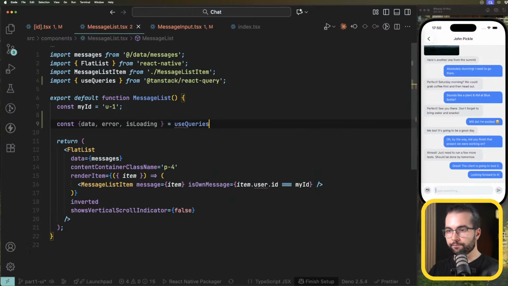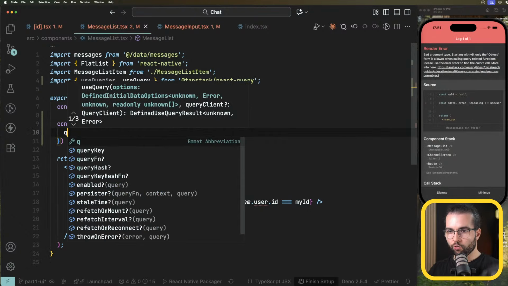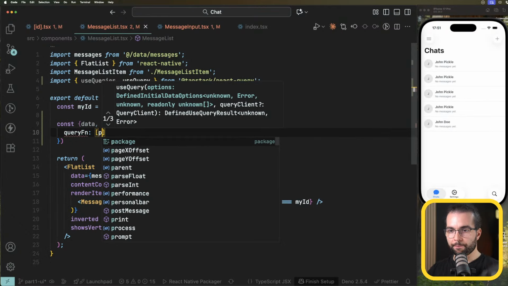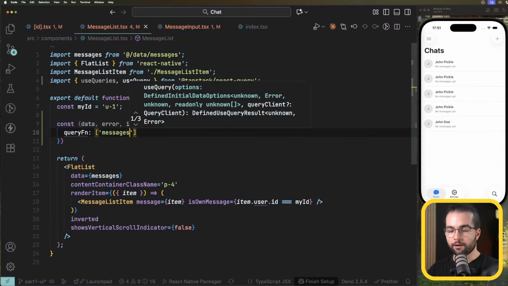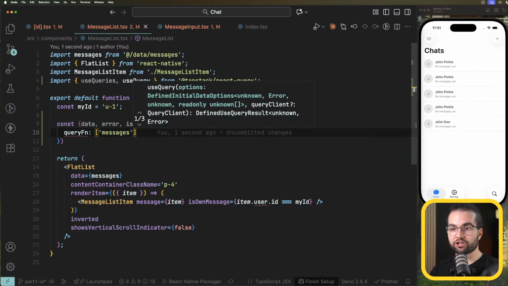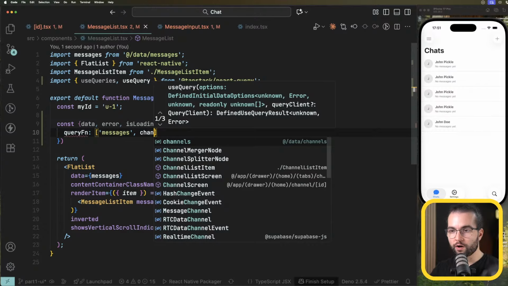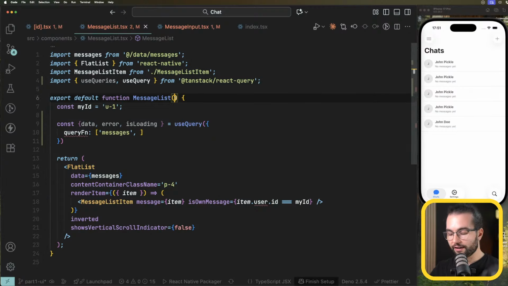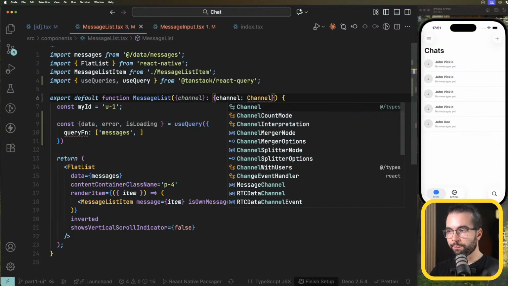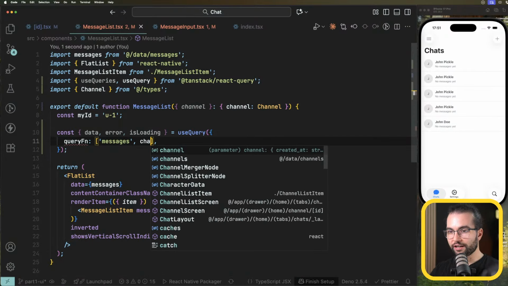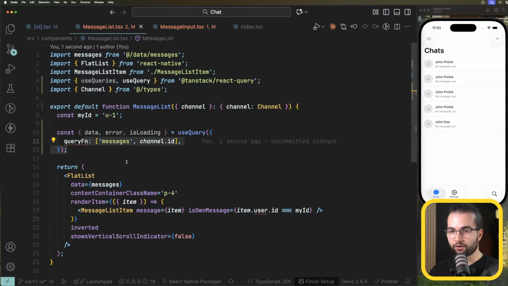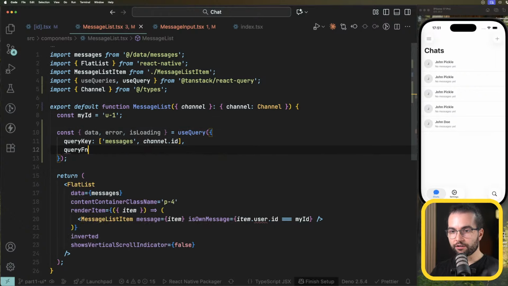Use query. Query function is messages, but not just messages, but messages for a specific channel. So that's why I need the channel that I will receive here. The channel ID is going to be part of my query key, not function. Query key. And my query function, on the other hand,